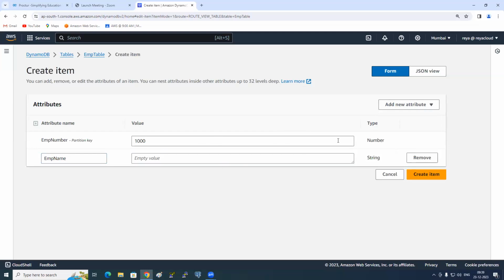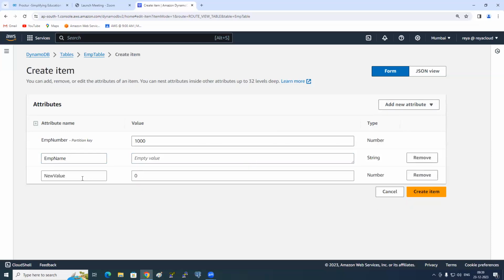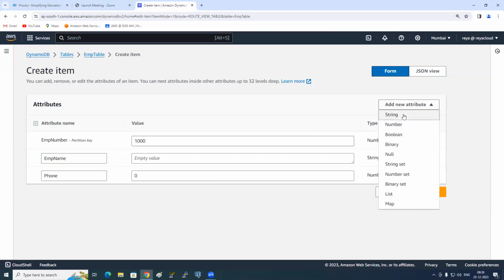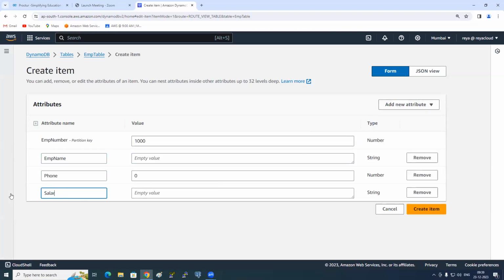Next, after employee name, phone number. It's a number, I call it phone. Next, salary. I call it salary. Can I go and add the columns like this randomly? Yes. And employee name, Babu. Right? And then phone number,